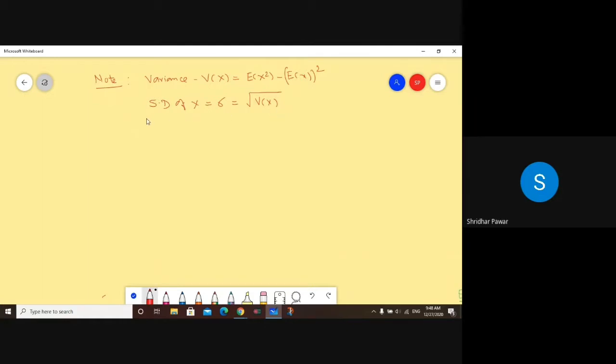We have seen already how to find coefficient of variation and standard deviation for frequency distributions. Now here, once you find variance, you can find the standard deviation of a given probability distribution. Okay, let us do some more problems on this so that the concept will be more clear to you.